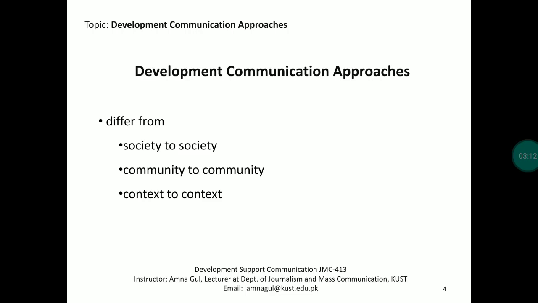See, no doubt there are a variety of theoretical models that can be used for devising communication strategies for development. But the more economical and politically oriented approach in traditional perspectives on modernization and development is not that supportive. Now, the diffusion model is more economical. It is a more politically oriented approach towards development, and it basically stems from the idea of modernization. The alternative idea is rather culturally oriented.